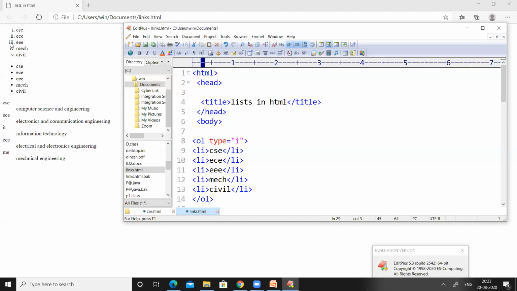To display an ordered list on a web page, we use the OL tag. To create an unordered list, we use the UL tag. And to create a description list, we use the DL tag.